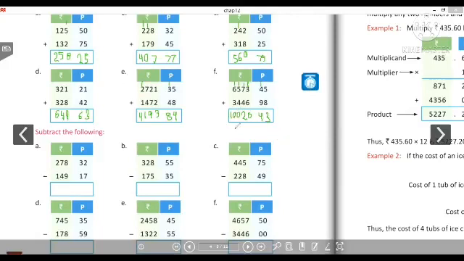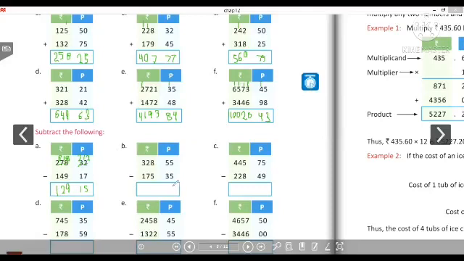10,020 and 43 paise. Next, we have to solve the subtraction part. So, this is 12, 2. So, 12 minus 7 is equal to 5. 2 minus 1 is equal to 1. 18 minus 9 is equal to 9. 6 minus 4 is equal to 2. 2 minus 1 is equal to 1. So 129 rupees and 15 paise.